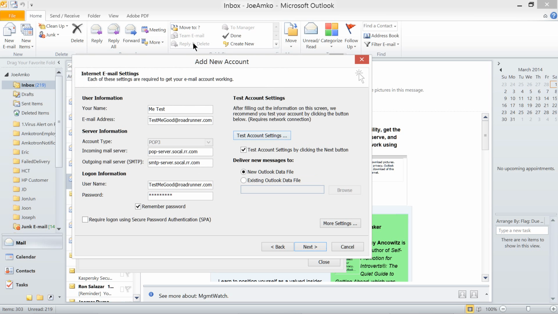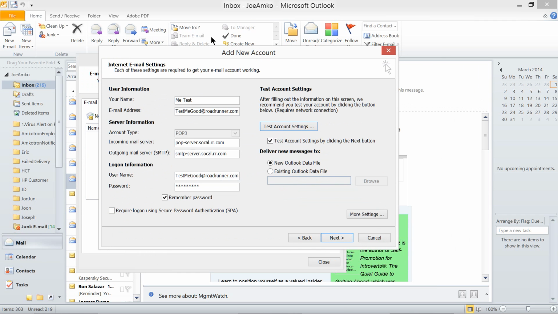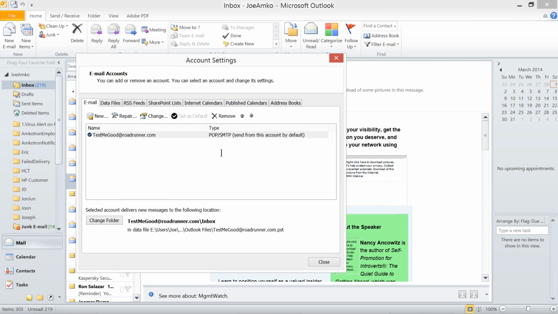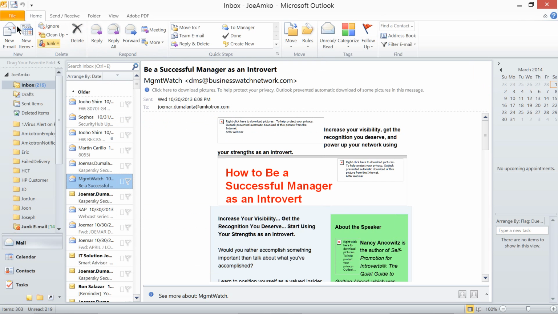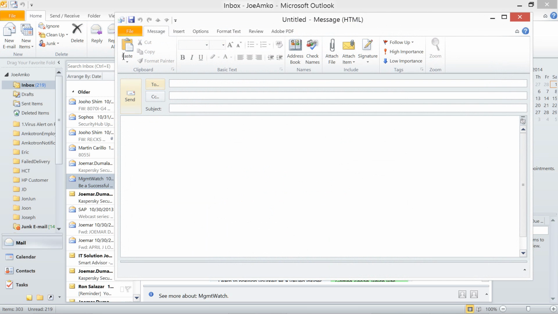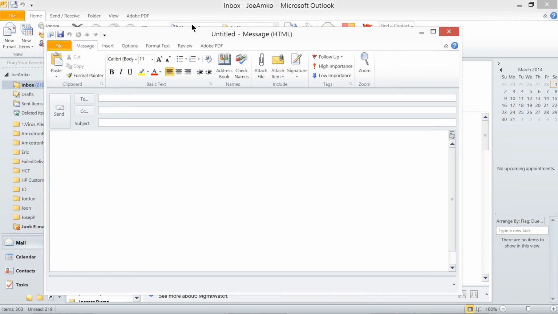Now you have set up your new email account for MS Office Outlook 2010. So in here, you can just go ahead and finish it and then close this one, and now you can write an email to anyone of your choice right here.